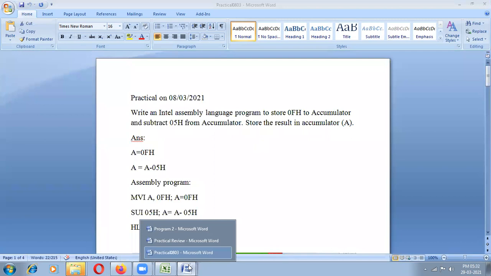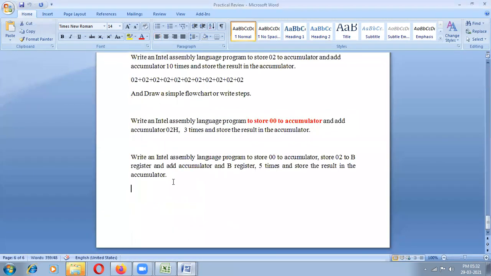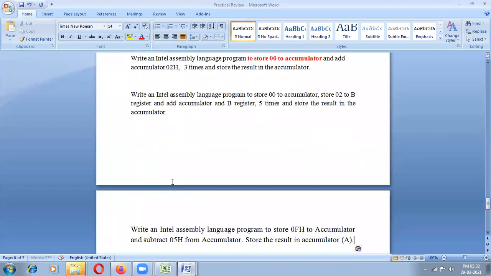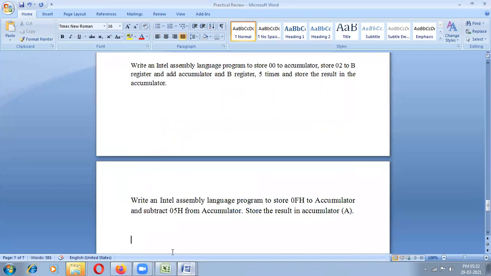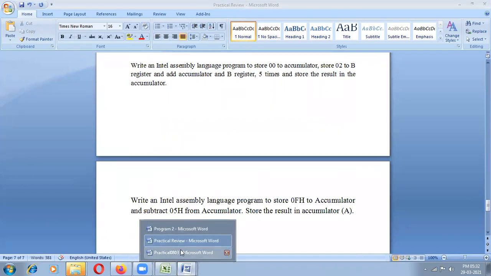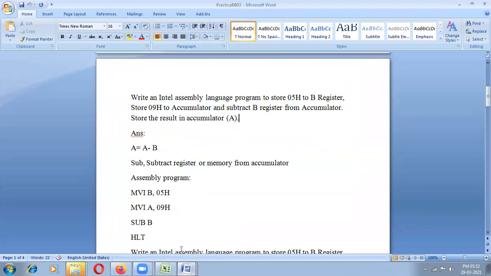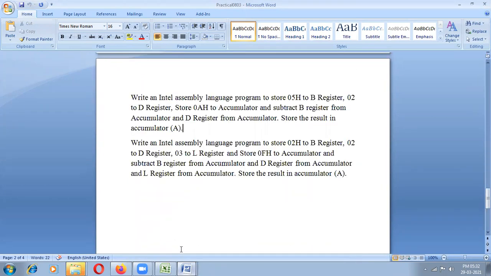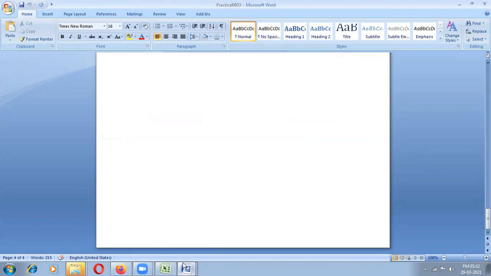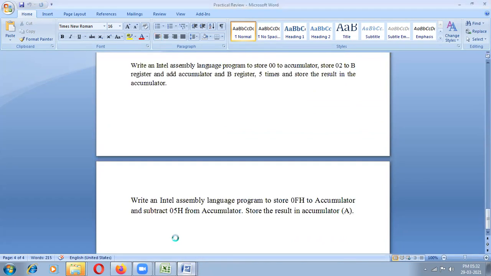So for addition, now subtraction. Subtraction also given, screenshot, everything given. Write an assembly language program to subtract the B register. Here you can take any one of these programs. Write an assembly language program for subtraction.